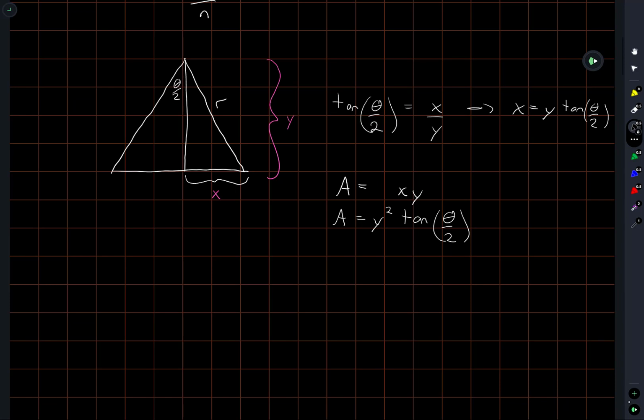And y squared, or y, what's the relationship between r and y? We have cosine of theta over 2 is equal to y over r. So y squared is equal to